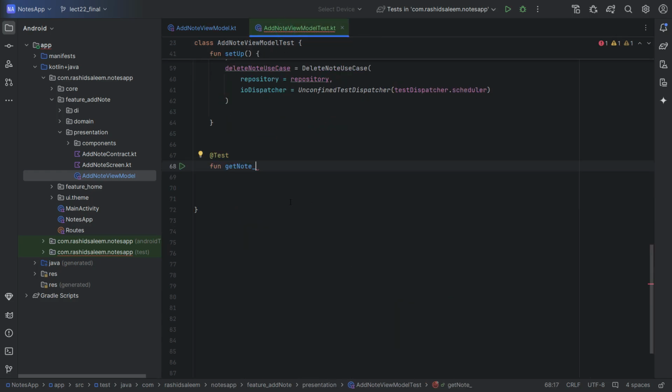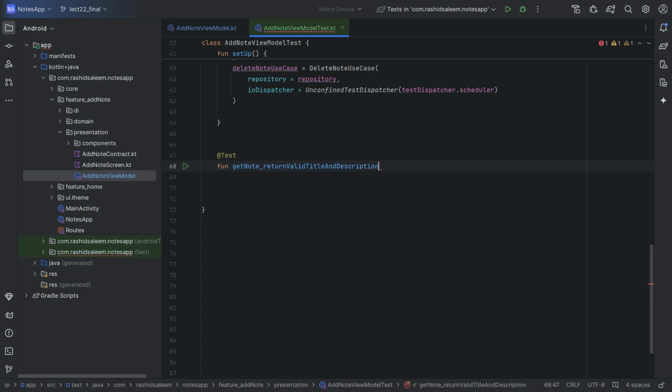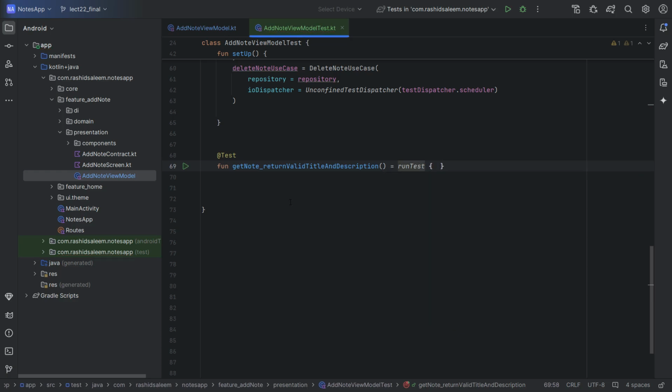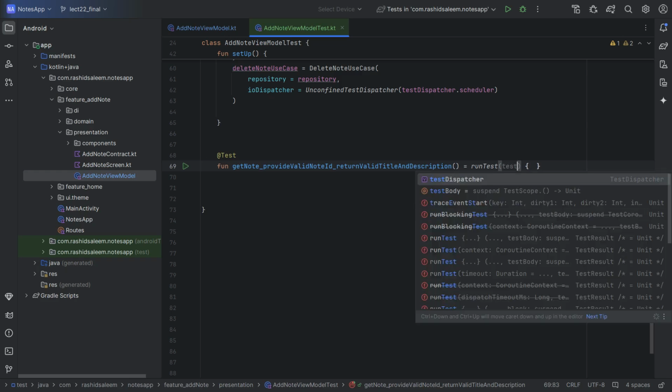So in return we are expecting valid title and description. So run test, and this will also include that we will provide valid note ID. So pass the same scheduler for this one,